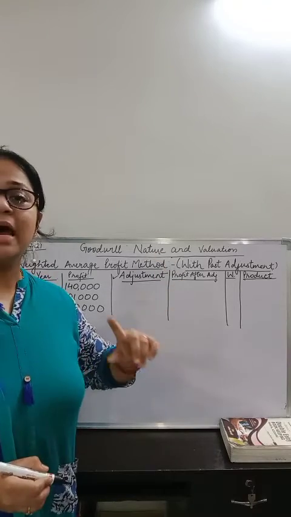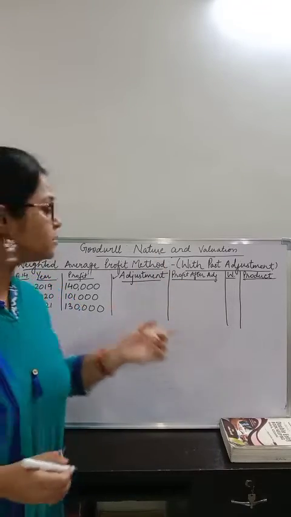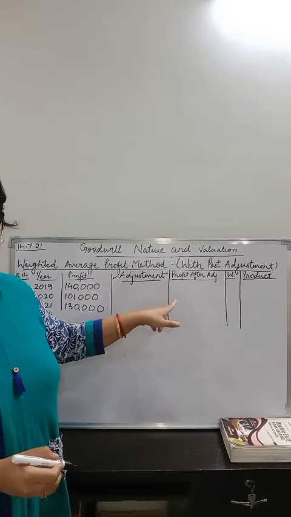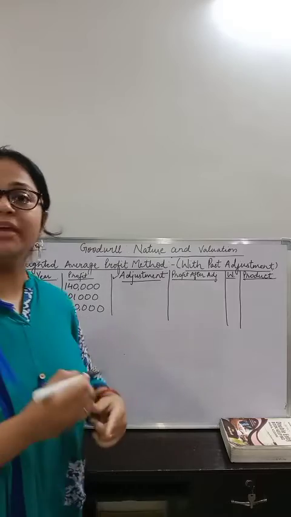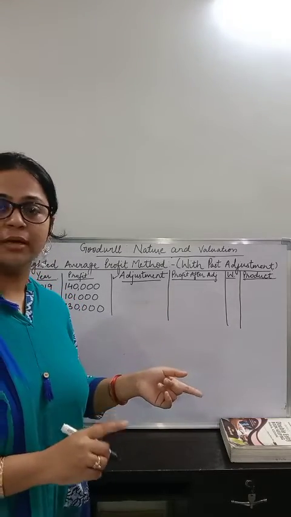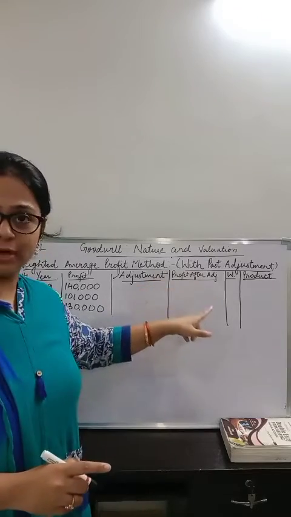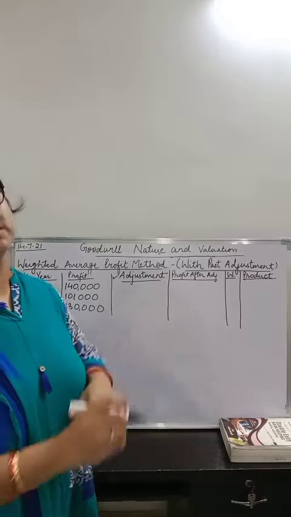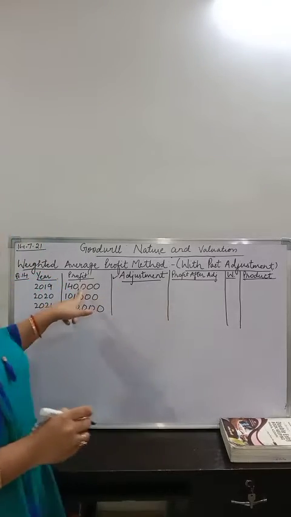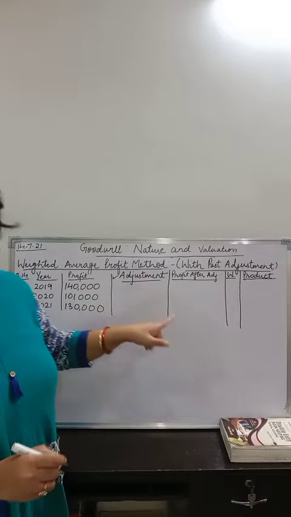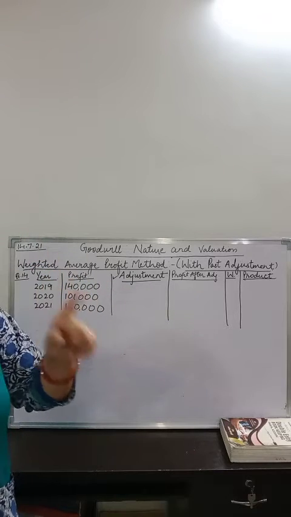So if salaries were not given, this net profit is more. It will reduce now. If salaries were to be given in the PL account, they would have reduced the profit. That means to provide for salary will reduce the amount of net profit. So this is the amount of net profit, and the adjustment that we will do will be to subtract the amount